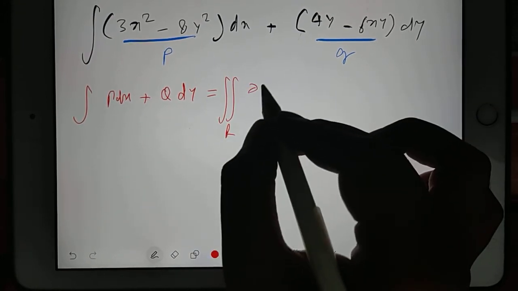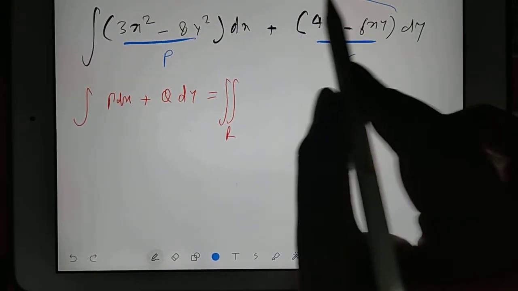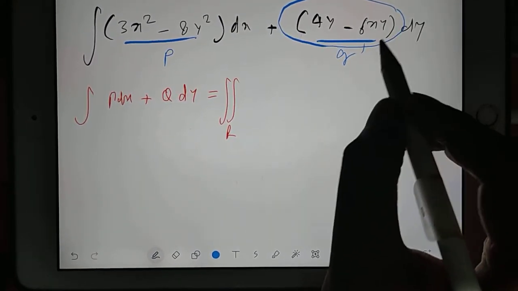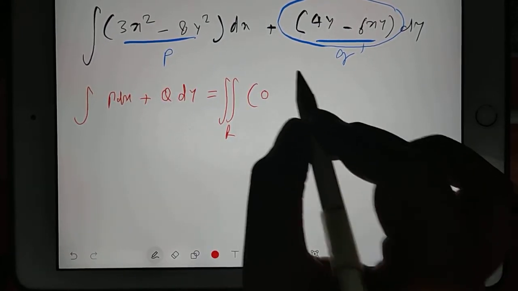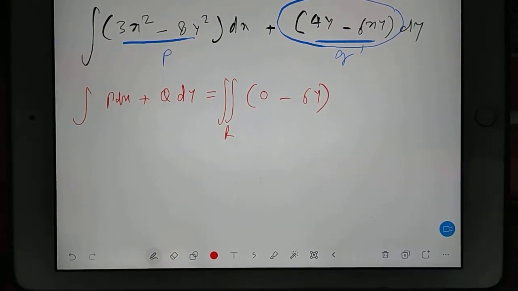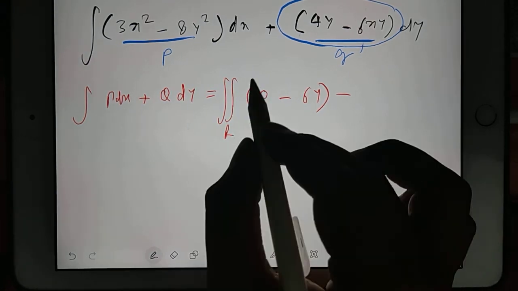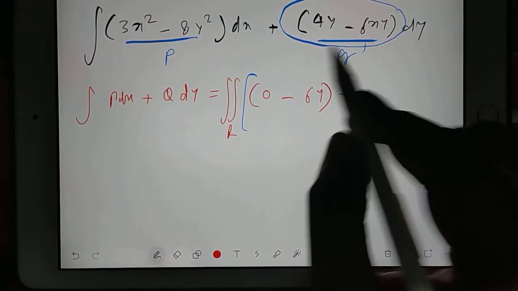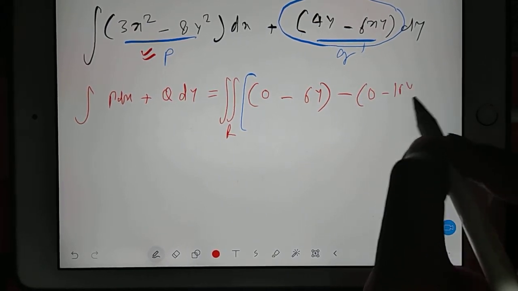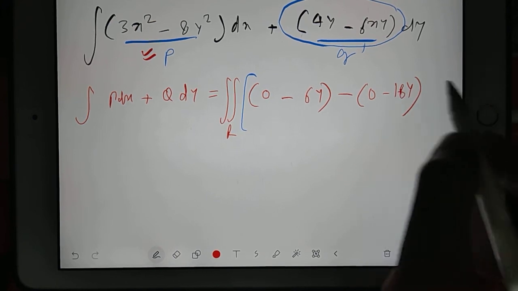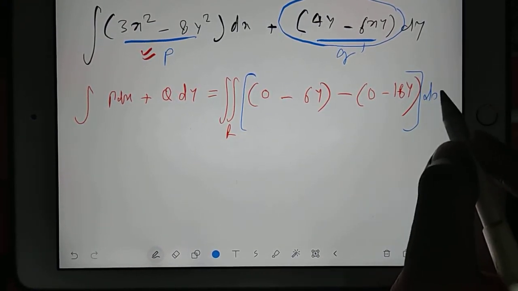This r dou q. Now see, I am going to write here direct equation. Dou q by dou x. This is my dou q by dou x. I mean, this is my q. So find out dou q by dou x. So I'll be getting 0, 0 minus 6y. I hope it's clear. Then I will put minus sign. Then in the minus sign, I will differentiate this dou p by dou y. So 0 minus 8 times 2, 16y. Okay. 16y. Okay. Now next, whatever answer we are getting, this should be dx dy.